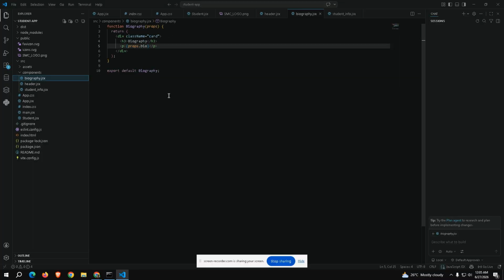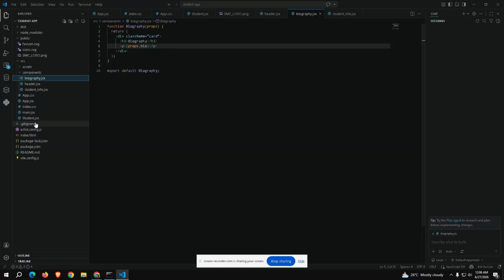So next, the biography. Here, as you can see, we have a function as always, and return and div card, similar to the student info, and we use this prop.